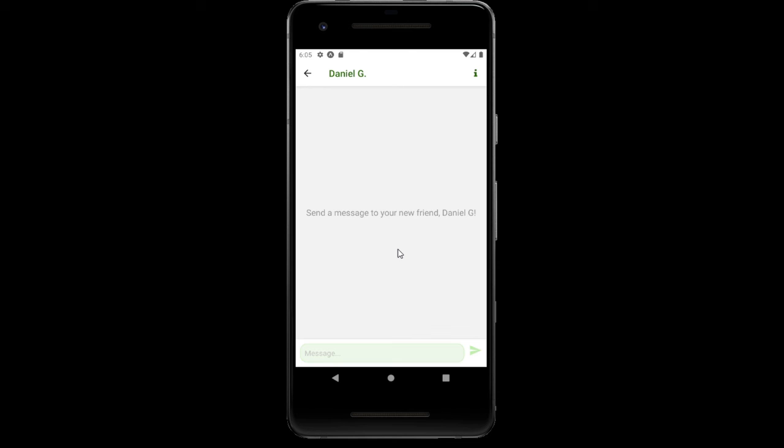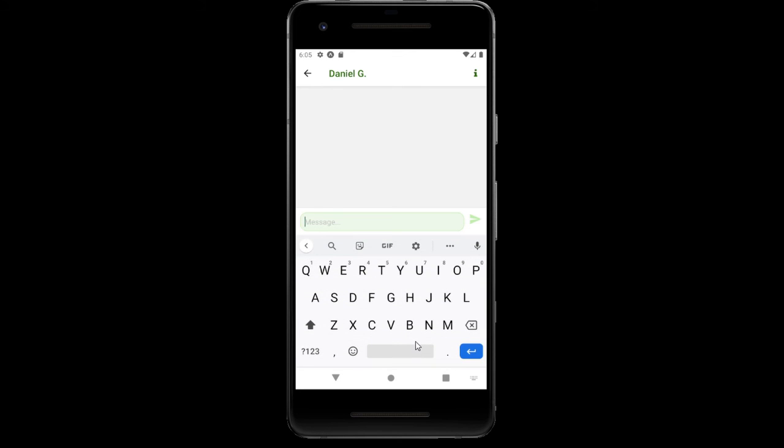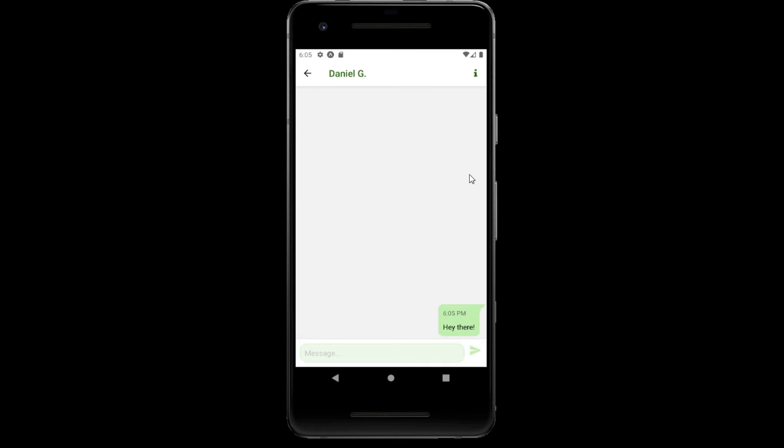I might just post a very basic thing just to show you how it works. It's basically a text conversation. Hey there. Okay. And so you'll see that it's basically a text conversation.